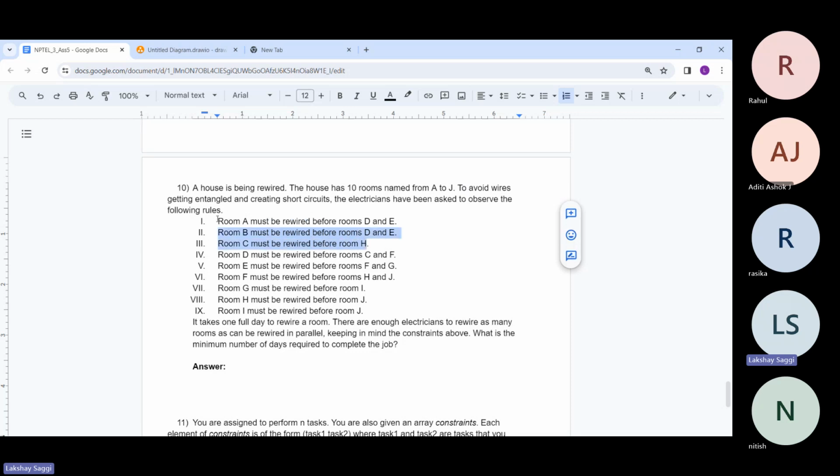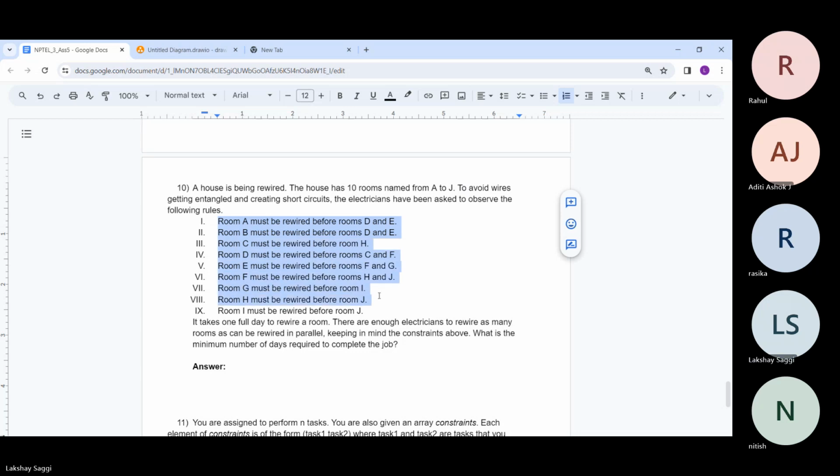And we are given some constraints that the rooms should be wired in this manner. And now it takes one full day to rewire a room. There are enough electricians to rewire as many rooms as can be rewired in parallel. So note that as soon as